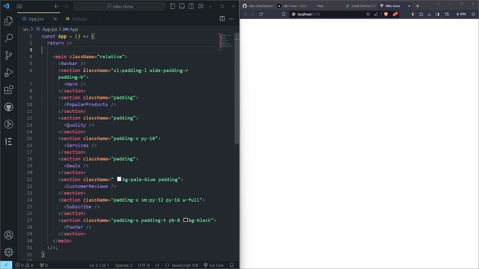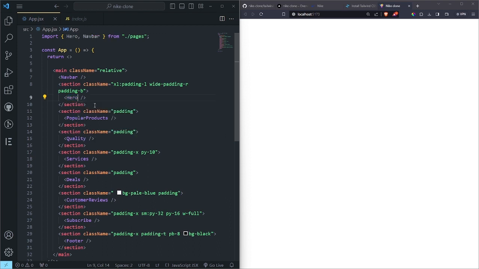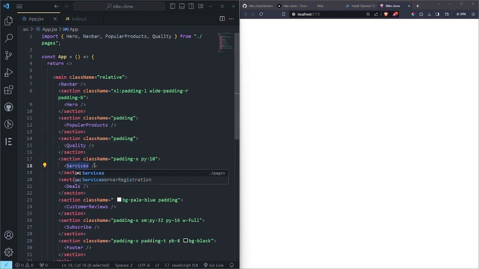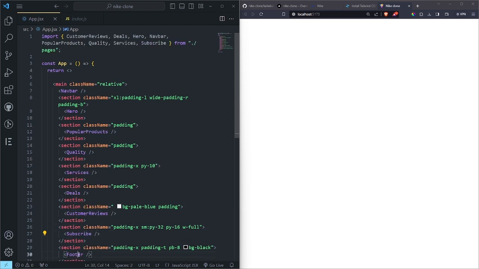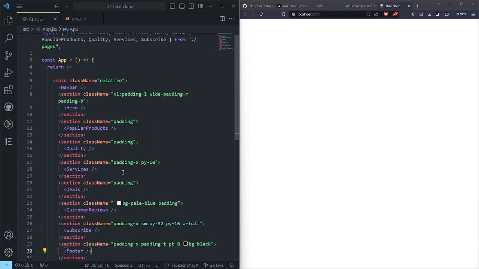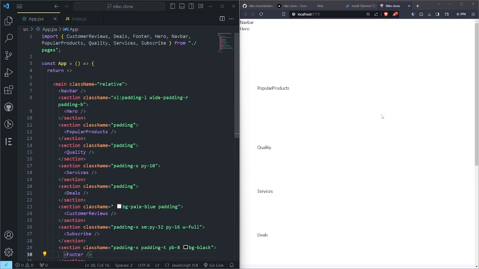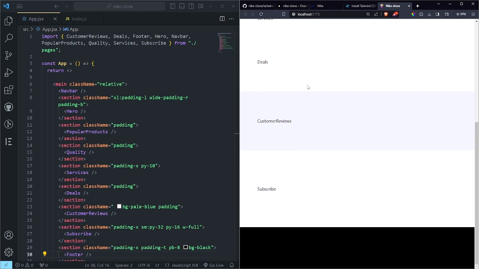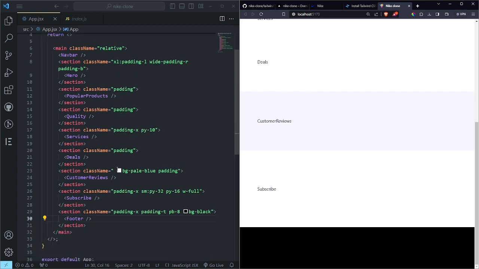If I come back to my app.jsx and I start importing the pages, you can see that now I am able to import them. So you're going to do this for all the pages, like that, like that, like that. Actually, I was supposed to create the navbar and the footer as components, but there's no problem. And now you can see in my browser we have the layout for our website. Here we have the customer reviews, the deals, but here I set the customer reviews to have a BG of pale blue,